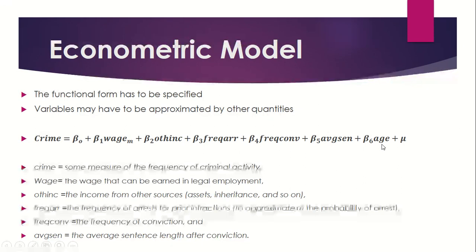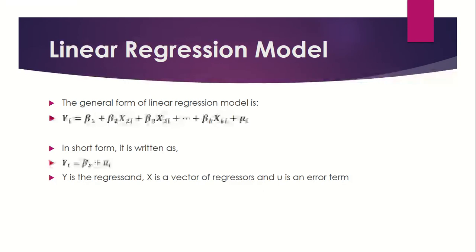It tells how the dependent variable is linked with the independent variables. This is a specified mathematical form. Let's say we call it an econometric model. Now we will start the linear regression model. After that, you will know the terms beta used in the criminal activity model here. Here the equation is